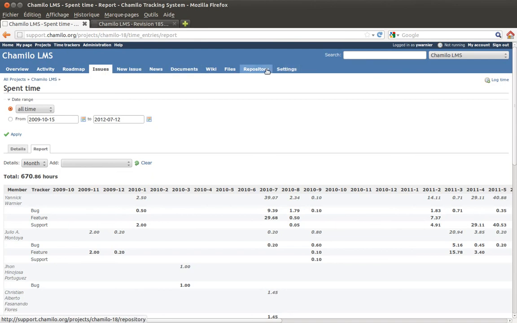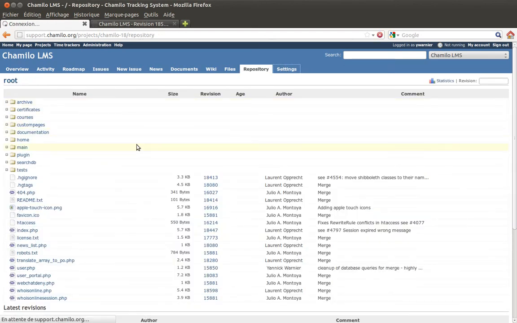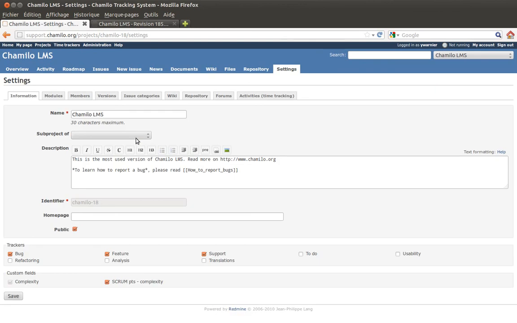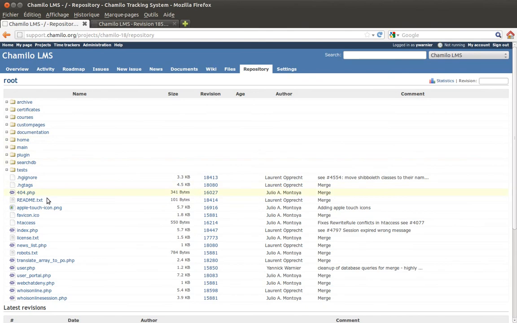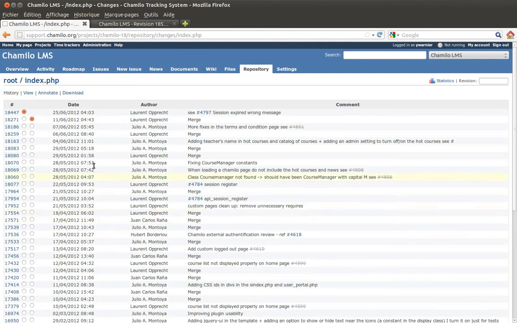If you want to, there are, apart from the repository that you can define here, I don't know if you remember that, you can define it in the settings, in the project settings. Here you can define the repository, but in the repository you can also make a difference between versions of the code. So for example, let's say that index should have changed recently. Okay, so on the 25th of June, that was the latest commit by Laurent Brecht,